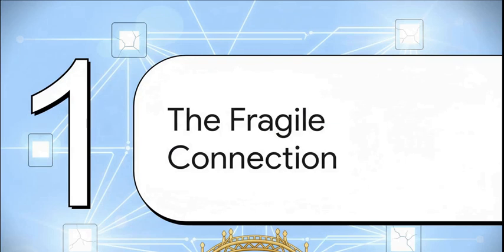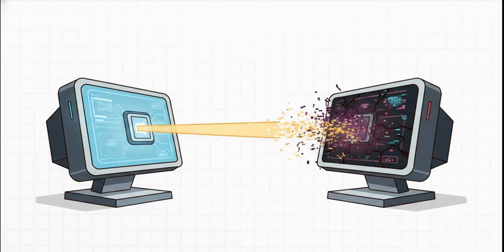So this brings us right to a classic challenge in the world of integration, what I like to call the fragile connection problem. It's all about how directly systems are linked, which, as it turns out, creates some major vulnerabilities. See, when a sending system is directly or tightly coupled to a receiving system, it's kind of like a phone call, right? If the person on the other end hangs up or their phone dies, the conversation is just over. The sender needs the receiver to be online, ready, and waiting at all times. And that kind of dependency creates a massive single point of failure.